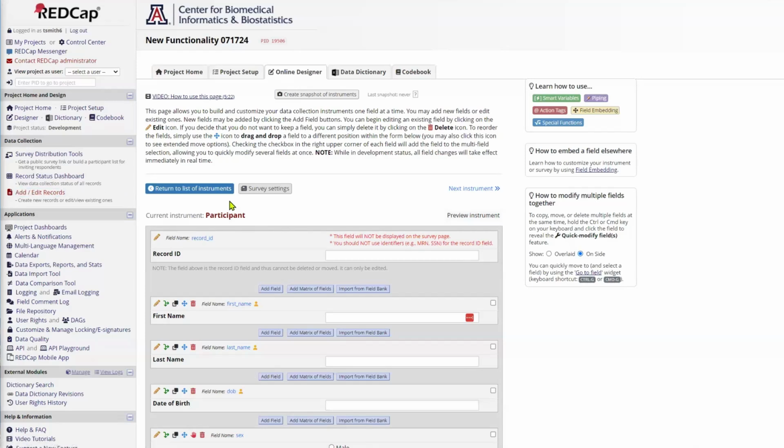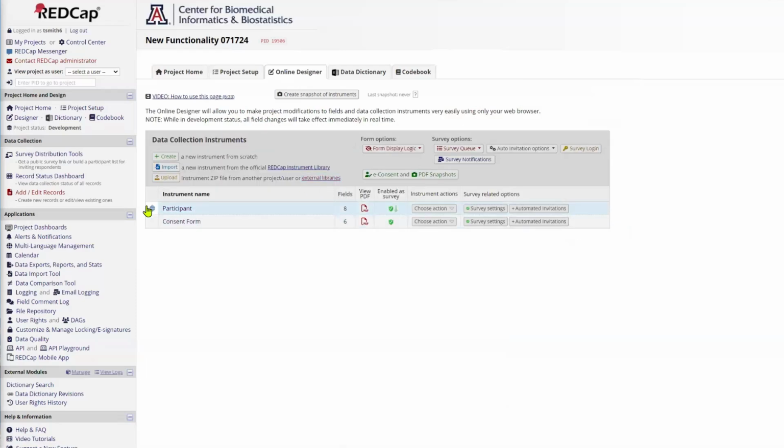Well, first of all, let's just go to how you do this. In the past, you would go to survey settings, and at the bottom, you would make all your changes to the e-consent framework. That's gone. So if you're looking for e-consent, nothing is there regarding e-consent. There is now an e-consent button on the data collection instruments page, the online designer. And so when you click this,